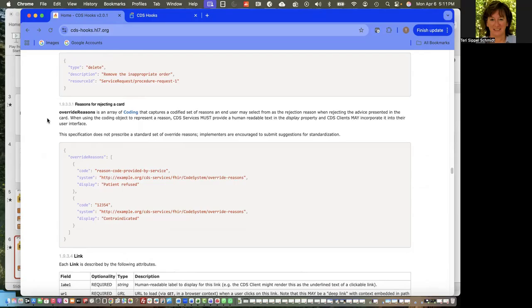So this is the override reasons array. And this is an array of codes. This is important because if this is going to be computable, you can't just have a free text string. So they're going to give an array of different types of codes. Now, these codes are in fact defined by the CDS service itself, but it would be great, and I think